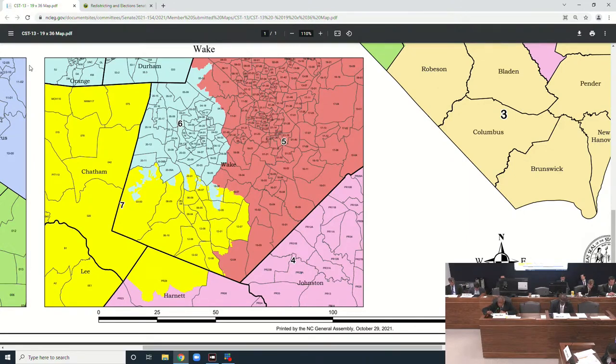I would say that, I mean, I think sometimes we split hairs over communities of interest. I think we're all Americans, we're all North Carolinians, and I think we're sometimes making too much of a "I shouldn't be with the county next door to me because we're different." I mean, we're all North Carolinians, and we travel to shop in the same places with our next door neighbor counties.